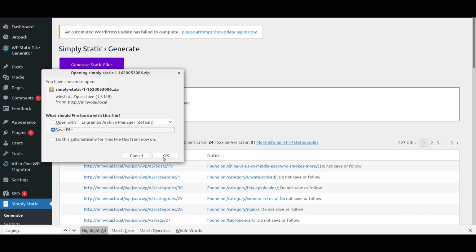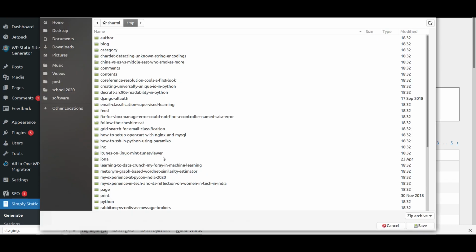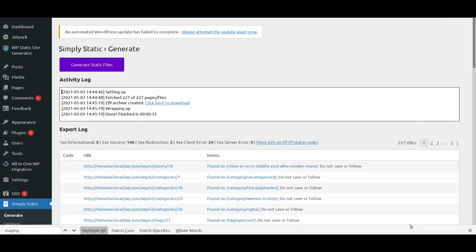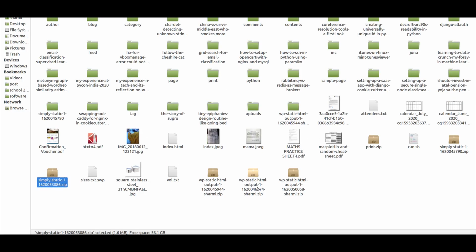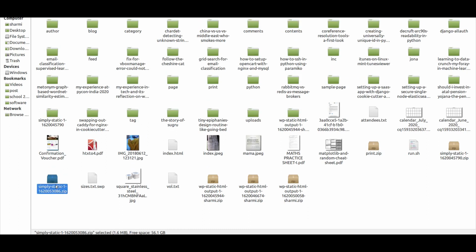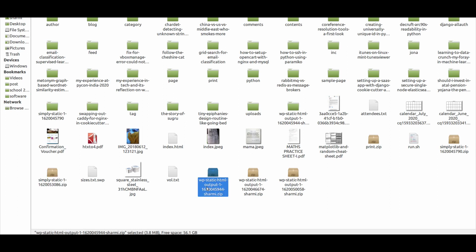And even in the case of the size of the zip files that are generated, you can see that Simply Static takes around 1.6 MB and WP Static takes around 3.8 MB for a site with 23 posts. Neither of them is a deal breaker for me. They both are okay. I don't mind 3.8 MB, but just in the interest of sharing data, I thought I would let you know that too.